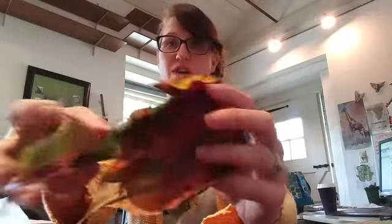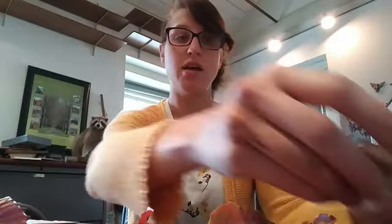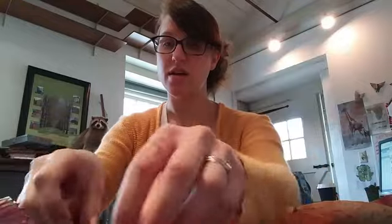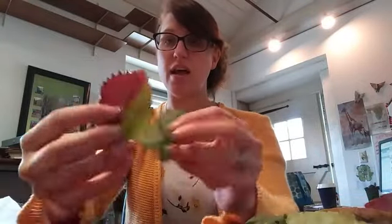So we have our plants here. We've got fall plants, a whole variety. We've got blackberry, sassafras, and sumac, and viburnum, arrowwood viburnum here, that we're going to examine by chopping them all up, making them nice